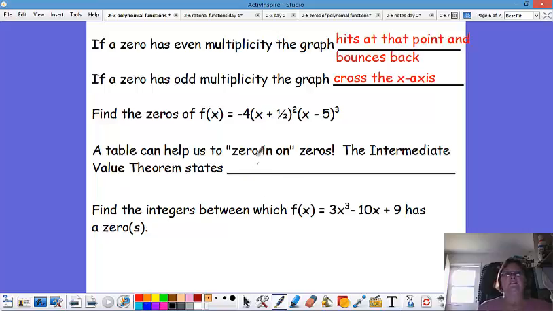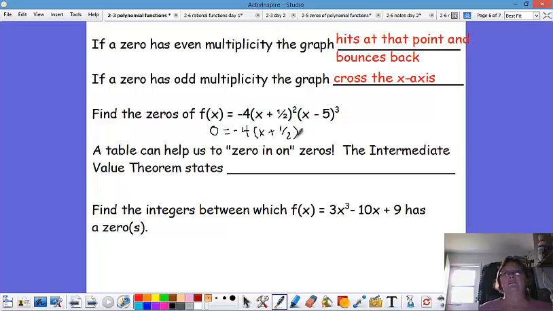The next question looks a little bit tough, but I must tell you, this is probably the easiest one we have. It says to find the zeros of f of x if it's negative 4 times the quantity x plus 1/2 squared times the quantity x minus 5 cubed. Folks, this is already in factored form. And that means that in order for this to all equal 0, because that's what you're doing when you find zeros,